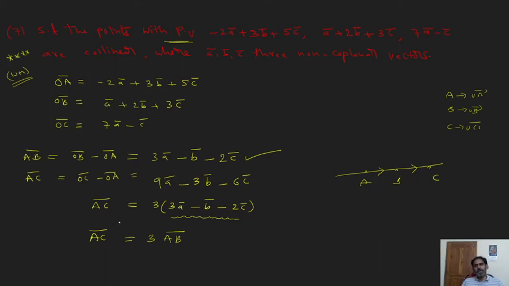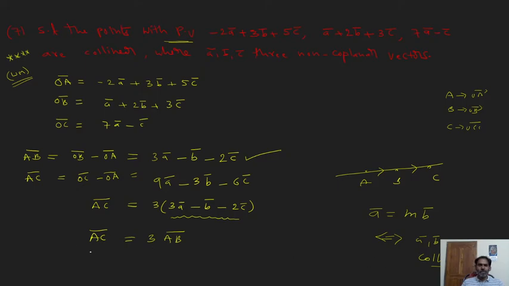That implies, according to our concept, AC bar equals some scalar times another vector. Whenever two vectors are written like this, A bar equals some scalar times another vector B bar, then these two vectors are called collinear vectors. A bar, B bar are collinear. Very, very important concept. How to show two vectors are collinear: one vector equals some scalar times the other vector. If you write this, then the two vectors are collinear vectors.